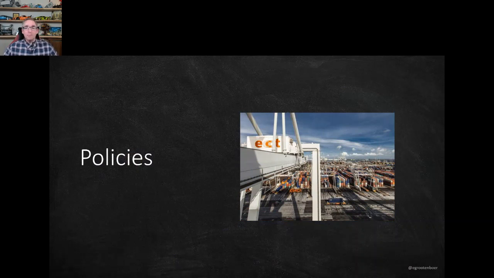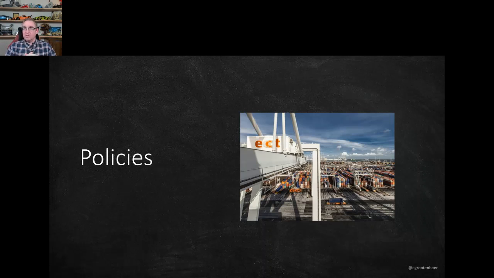So next I want to talk about policies. I already mentioned them a couple of times, so we're now going to go into them. But before I go into policies, I first want to introduce the AZT. The AZT is a container terminal here in Rotterdam, one of the largest container terminals worldwide. The AZT was actually quite interesting because they were a client of Motion 10 at some point. And when I heard they were coming to us, I was like, I want to work with them.